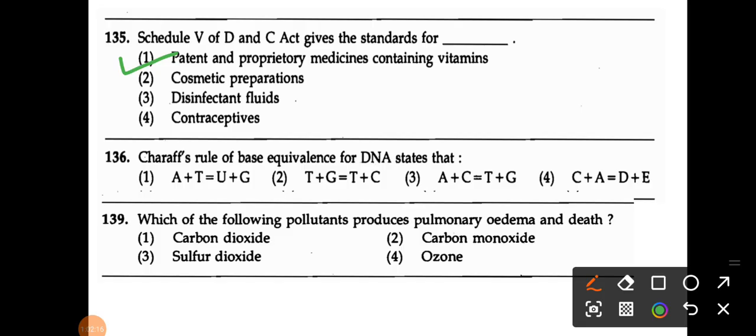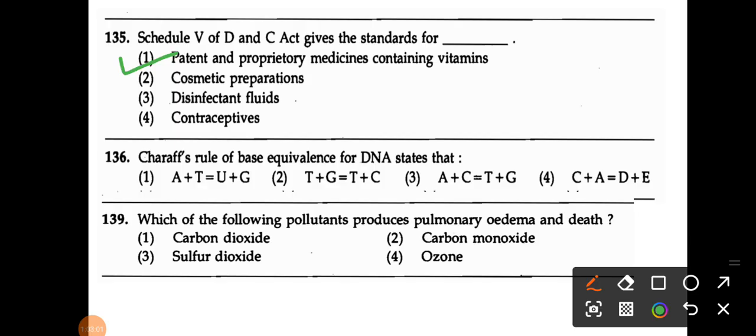So all the schedules from your pharmaceutical jurisprudence are very, very important. Please go through each and every schedule, each and every form, the drug inspector duties, government analyst duties, and what are the form numbers they have included for the same. So that's why pharmaceutical jurisprudence is also very, very important. Definitely we will make a one shot video on pharmaceutical jurisprudence, or topic wise videos on pharmaceutical jurisprudence also, from microbiology, from biochemistry, pharmacology. Definitely we will see all the topics one by one, but you also have to go through all the syllabus, whatever they have mentioned in your syllabus. Please go through it. We will also cover one by one all the topics which are very important for